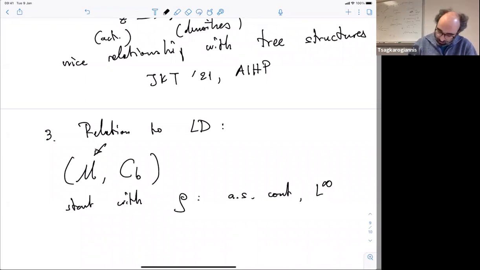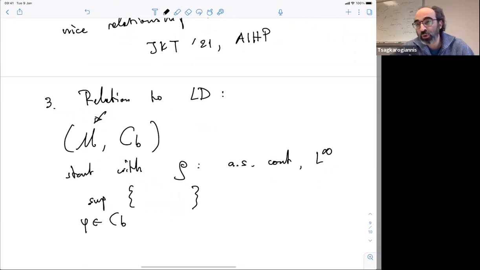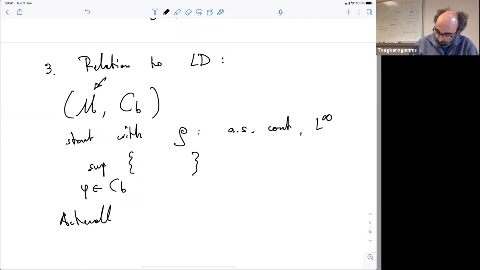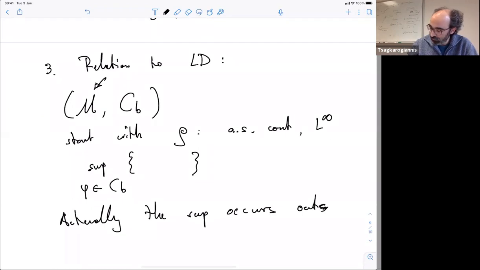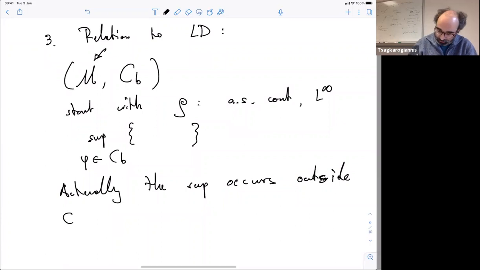But when I do the large deviation variational principle, the supremum is over Q, which are bounded and continuous. So what happens is that this supremum is not realized in the function space where I do, because the inversion I did. So actually, the supremum occurs outside the space on which I work in large deviations, outside bounded and